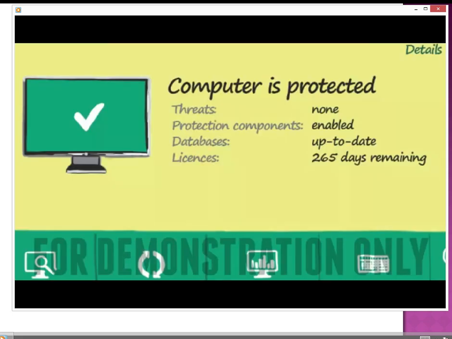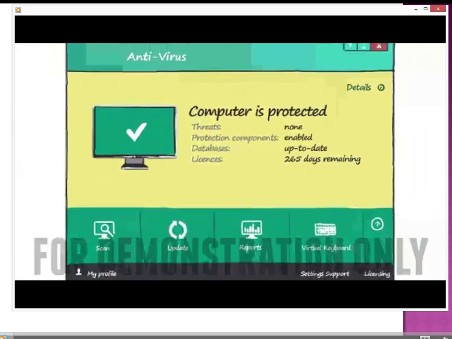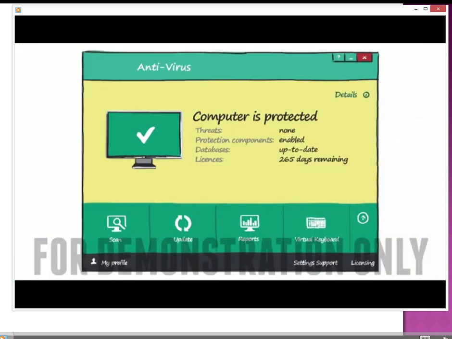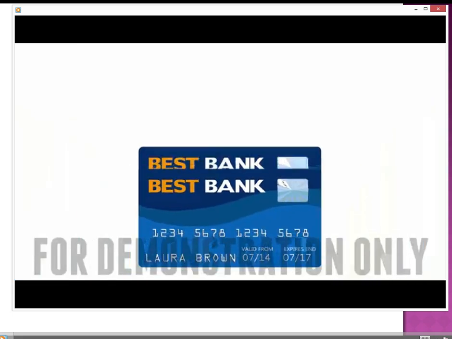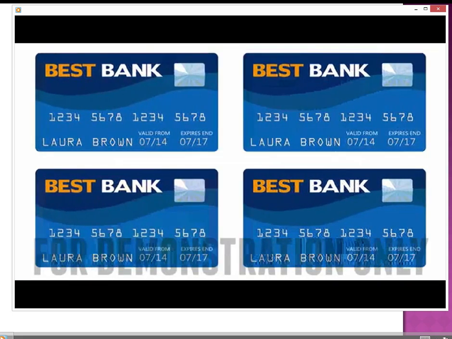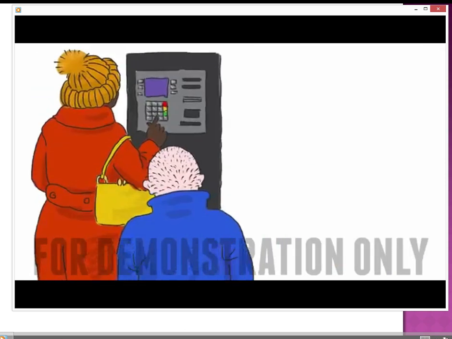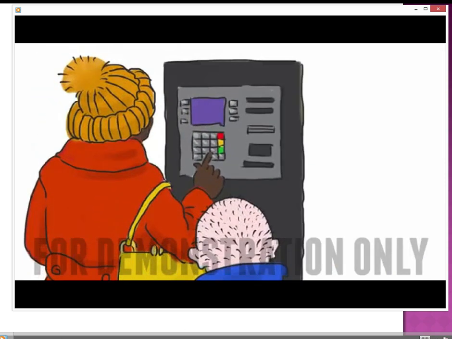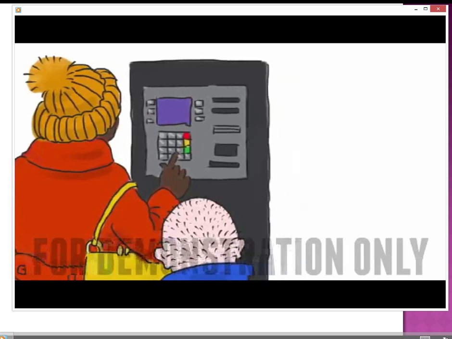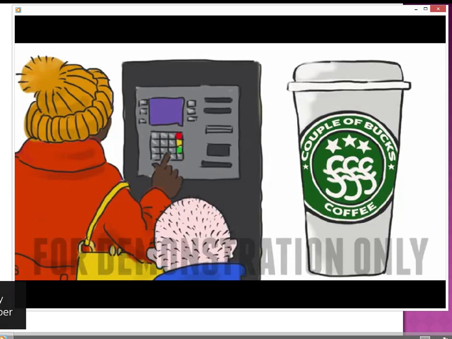Criminals tried to do something similar on Laura's computer at home by trying to install what's called malware. Fortunately, she had her antivirus and protection software up to date, and it stopped the hackers before they did any damage. Credit and debit cards are prime targets for criminals. Some clone them, while others watch over your shoulder as you enter your PIN code before stealing your card and using it. Look out for these so-called shoulder surfers and make sure they can't see your PIN as you enter it. Organised gangs of criminals are stealing information at such a rate that the cost of a credit card number and bank account details is about the same as the price of a cup of coffee.